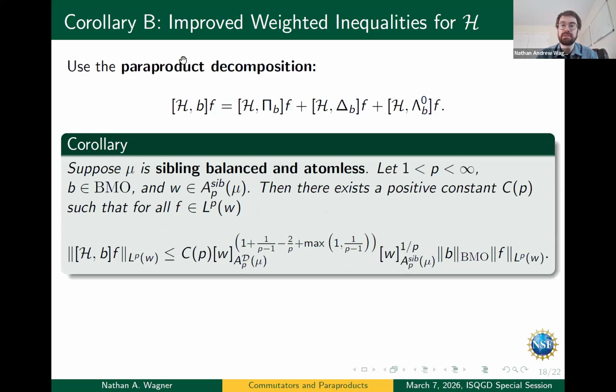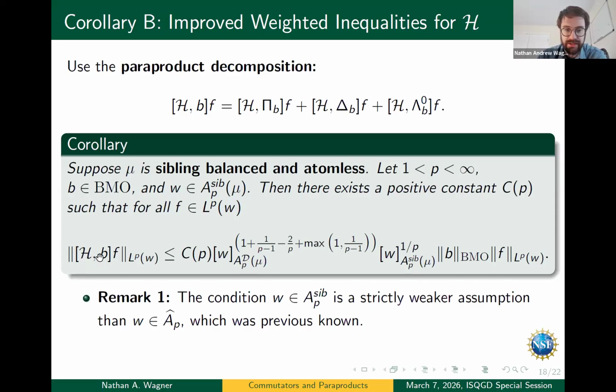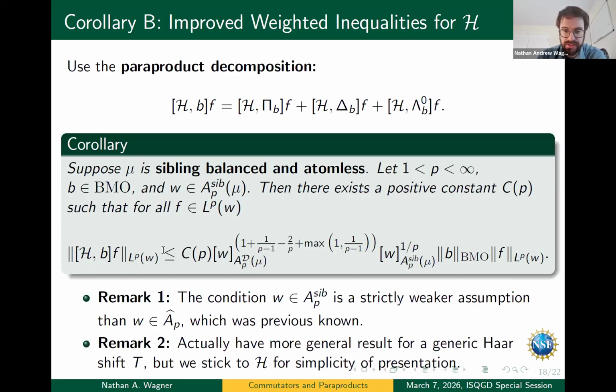And there are some applications of this. The first application is to look at the commutator with the model Hilbert transform, and it can be written in this paraproduct decomposition, which involves these dyadic operators that we actually have control over. And this allows us to unlock better weighted estimates for the commutator operator, assuming this weak dyadic regularity condition on mu, and also that it doesn't contain any atoms. That's the main point of this corollary: we can apply this to get better weighted estimates for this commutator with an appropriate dyadic Hilbert transform.